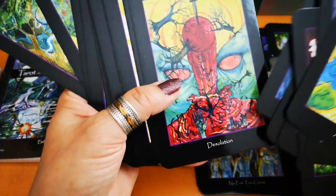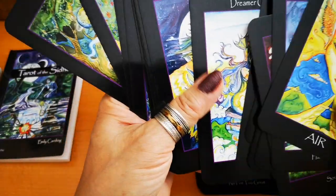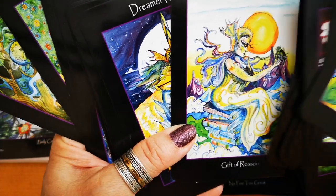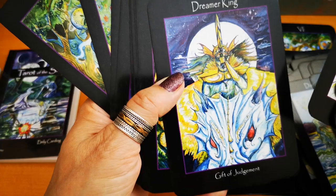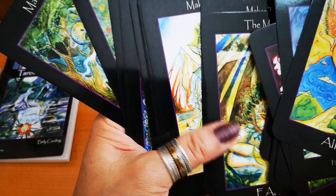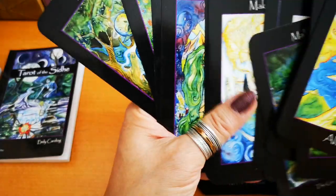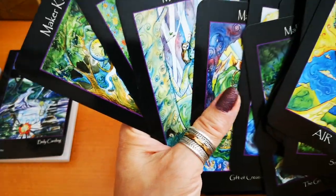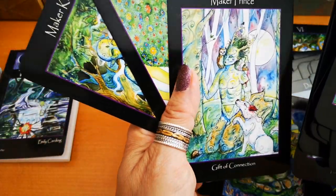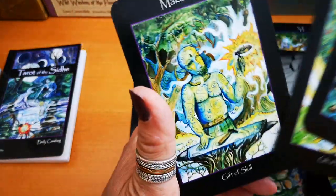And I like very much the keywords, like here it's really very helpful. And I like this Queen of Swords, gift of reason, and here gift of judgment, the dreamer king. The makers represent the suit of earth, and here it is, maker 4, maker 5, and gift of creativity is the page of earth, and here maker prince, gift of connection, and here maker queen, gift of healing, gift